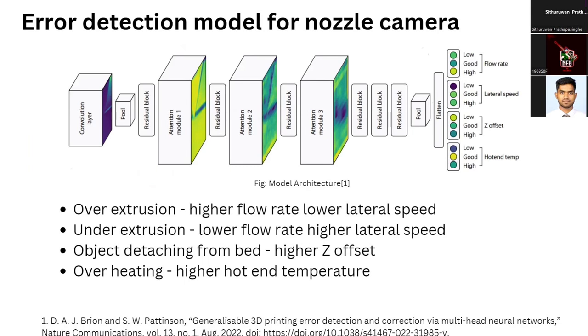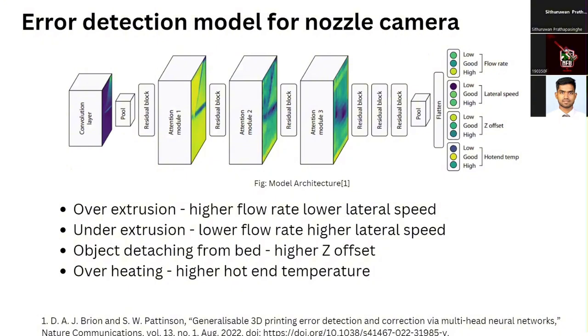This is the architecture of the model we use. According to the model, there are 4 outputs: flow rate, lateral speed, Z offset, and hot end temperature. There are subcategories as well. Those are divided as low, good, and high. Using those errors, we can identify print